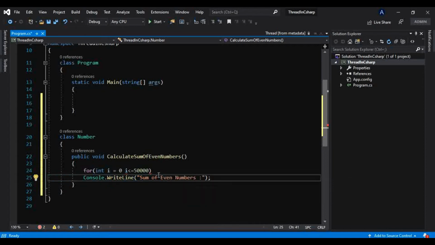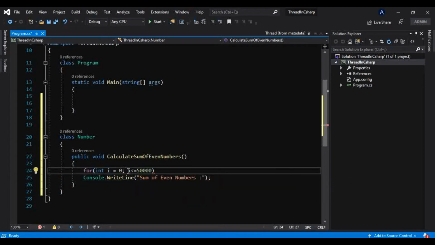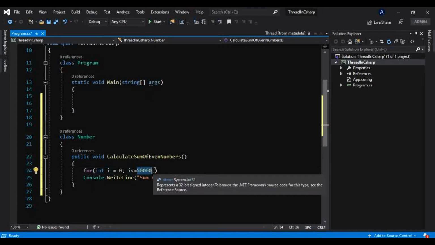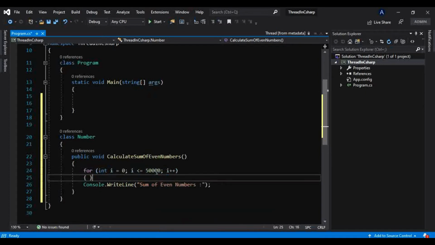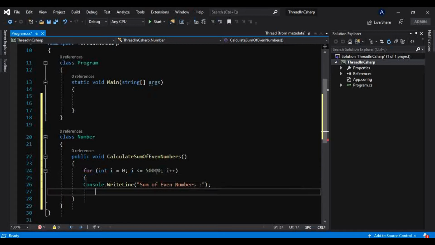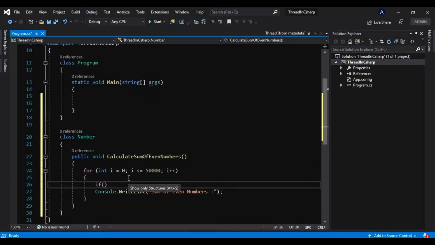And why am I doing this? I will show you, don't worry, we will get more time to elapse, so that is why I am doing this. Until 50,000 I want the sum of only even numbers. So I will do i plus plus, and I will take one condition here, so that we get only the sum of even numbers.